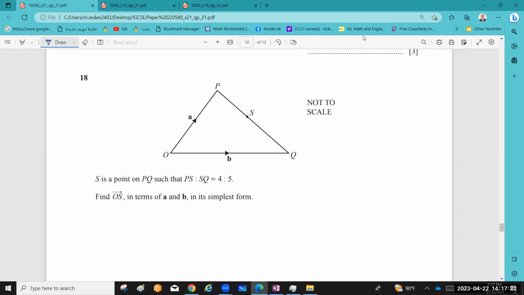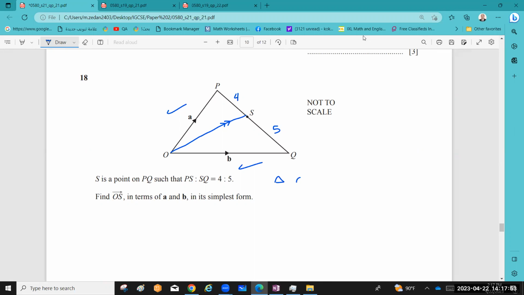I have a triangle, and vector A and vector B are named on OP and OQ, and I have a ratio between PS and SQ of 4:5. So PS is 4 parts and SQ is 5 parts. The question is: find OS in terms of A and B in its simplest form. Just to draw OS, okay? I can find OS now from the upper triangle or the lower one. So consider that triangle,